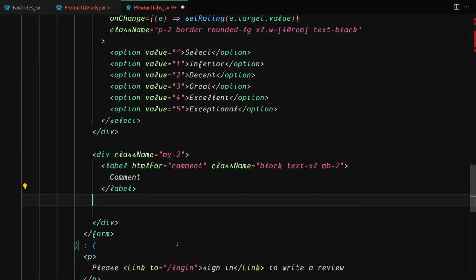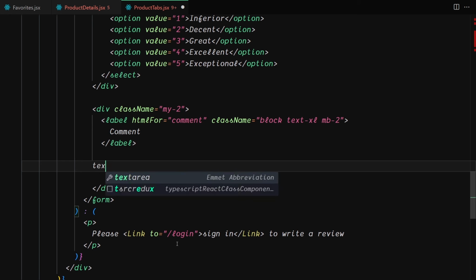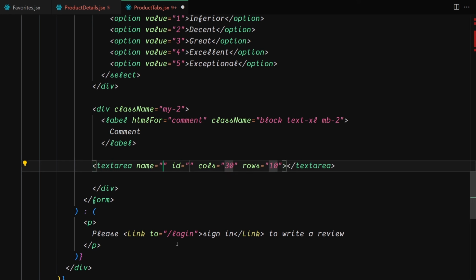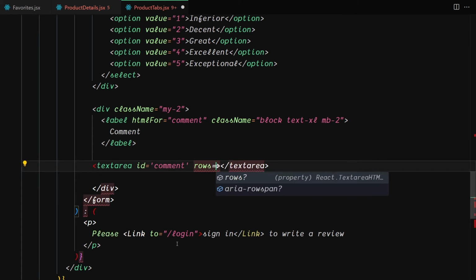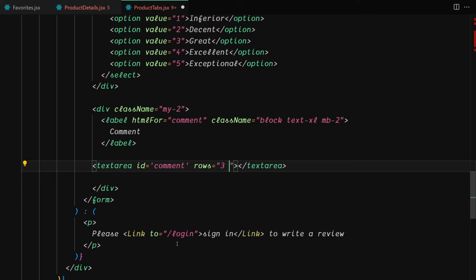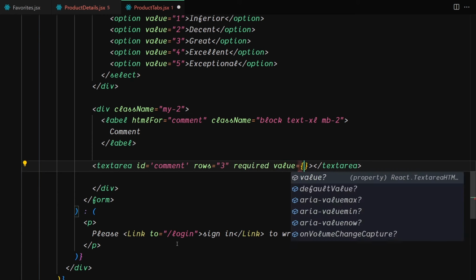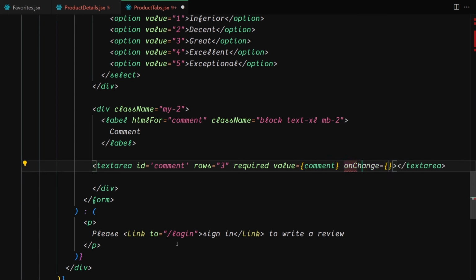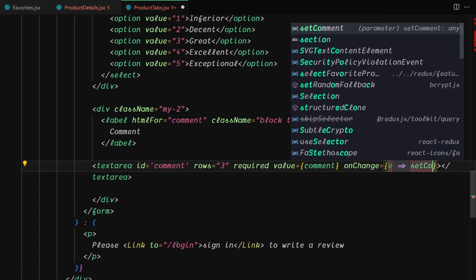So now underneath this label we just have to write our text area, and we are not going to be providing any of that, or we will, but let's just do that manually. So I'm going to write ID of comment, and also the rows will be set to 3 in this case, and also it will be required value. I'm going to provide a comment, and on change we are going to be just writing the event object, and we are going to be providing the is set comment